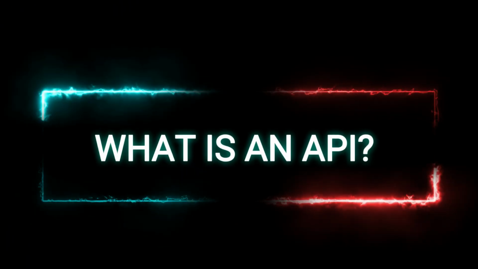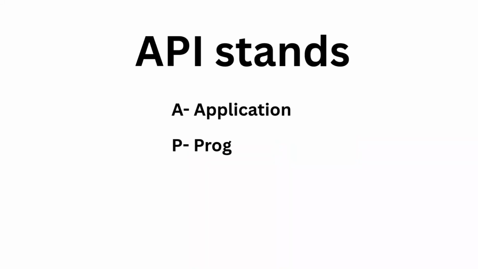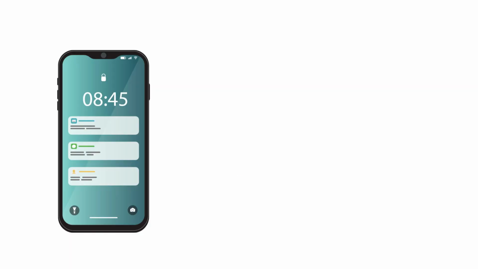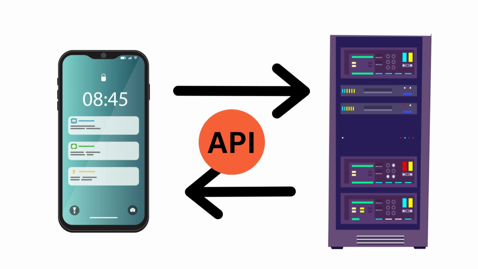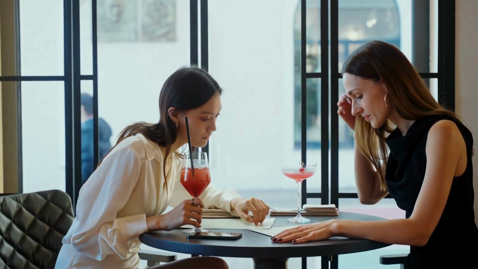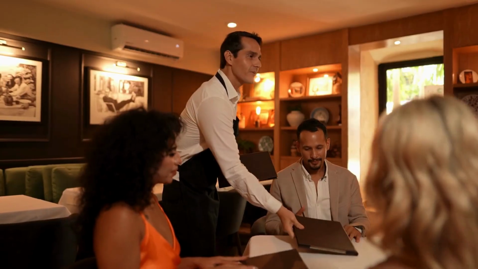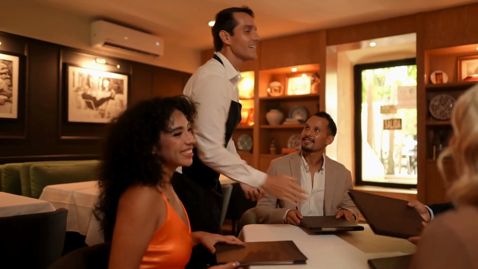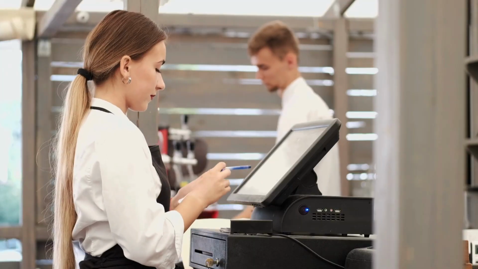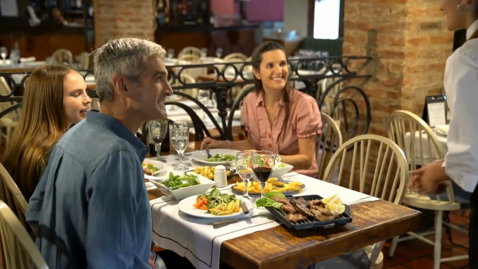What is an API? API stands for Application Programming Interface. That sounds complicated, but let's break it down. Think of an API as a messenger that helps two software applications communicate with each other. Imagine you're at a restaurant. You don't walk into the kitchen and cook your own meal. Instead, you tell the waiter what you want. The waiter takes your order to the kitchen, the chefs prepare the food, and then the waiter brings it back